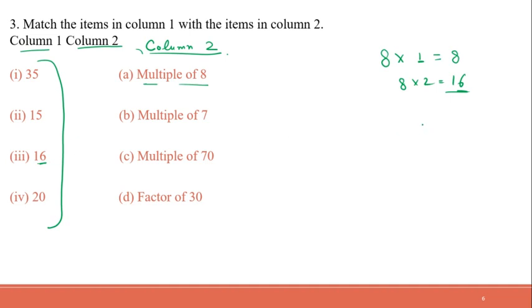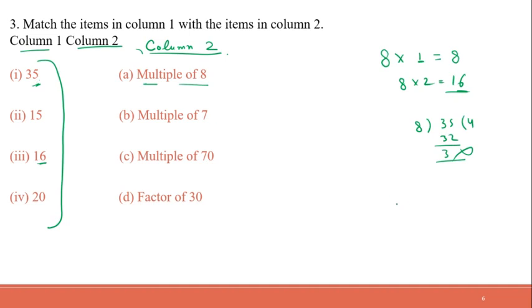Another way of doing it is this. You can start from here and you can just check by dividing. 8 into 4, 32. That means leaving a remainder of 3. Not. It is not a multiple. That means 8 is not a factor. If 8 is not a factor of 35, then this 35 cannot be a multiple of 8, because if any